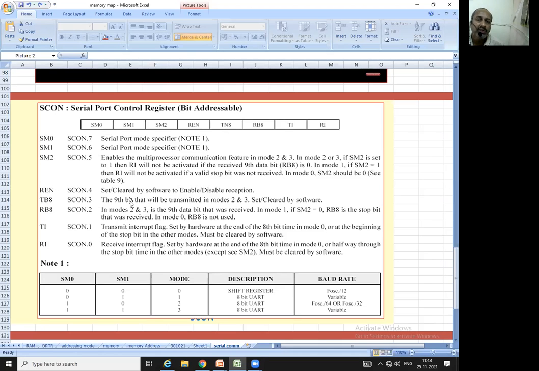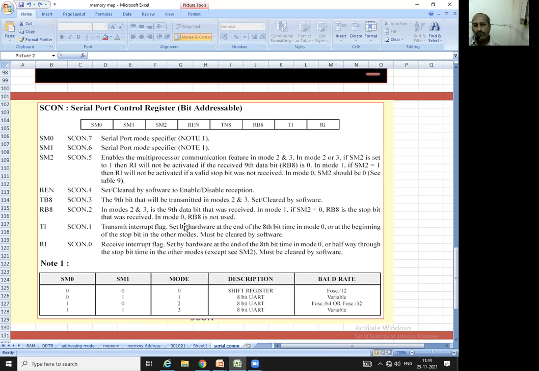So they are used for the 9th bit, and in that the stop bit, start bit, how it is going to be configured. So it is used for this TB8 and RB8. And after that, the very important, that is the TI and RI that we have seen in the earlier 2 slides for transmission and for reception. So they are the 2 bits over here, that is the bit 0 and bit 1, SCON.1 and SCON.0. That is transmit interrupt flag and receive interrupt flag.